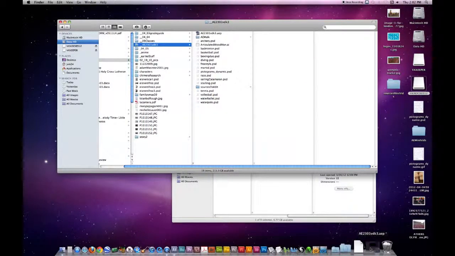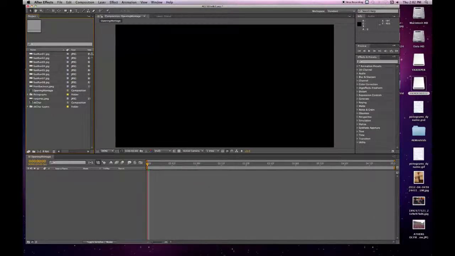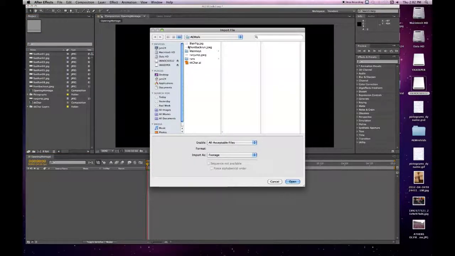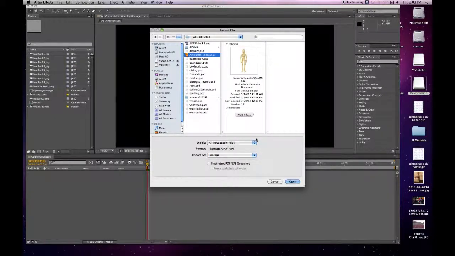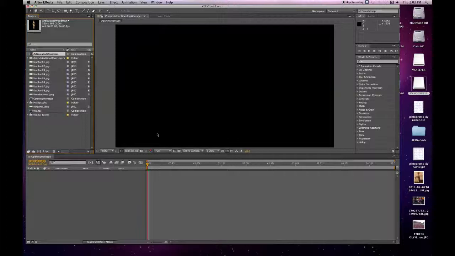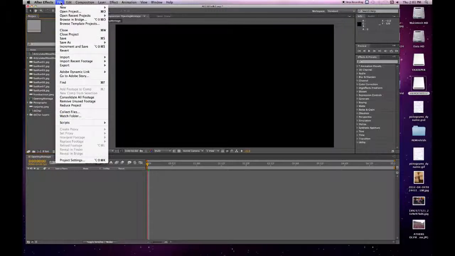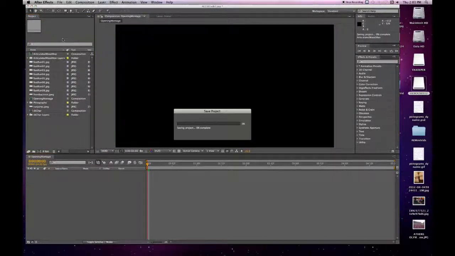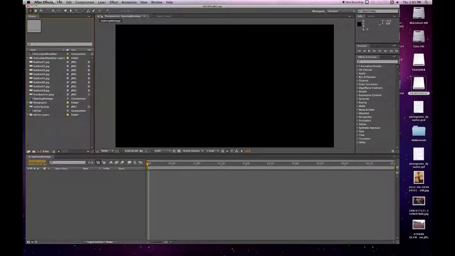Then I can open up my After Effects file, and I can go to my folder and get my articulated woodman, and I want him to be imported as retaining his layer sizes. And open that, and there he is. So now I have things I can work with, and I'm going to File, Save. Okay,